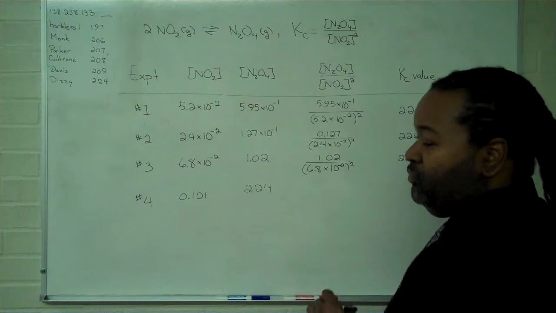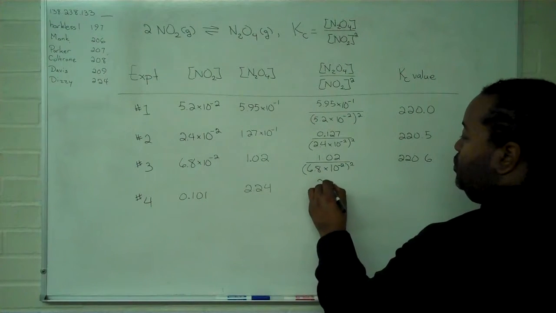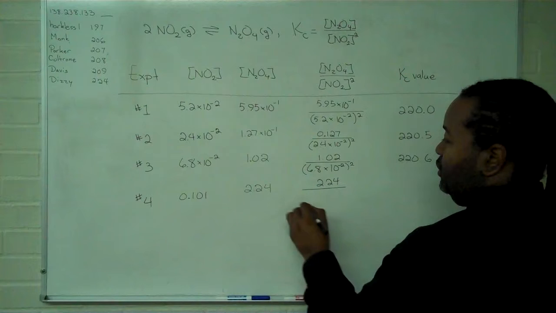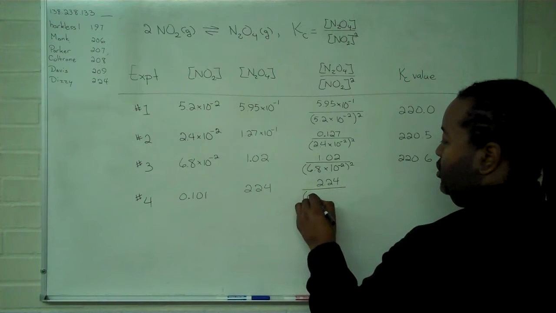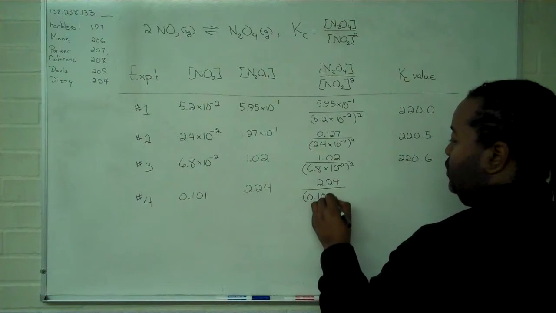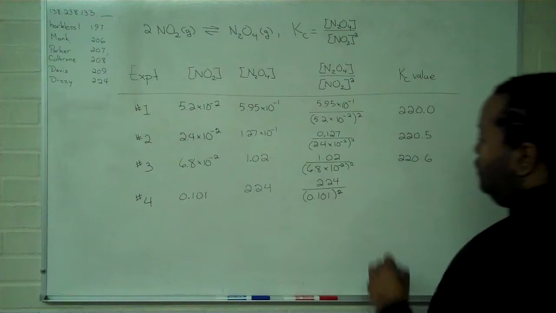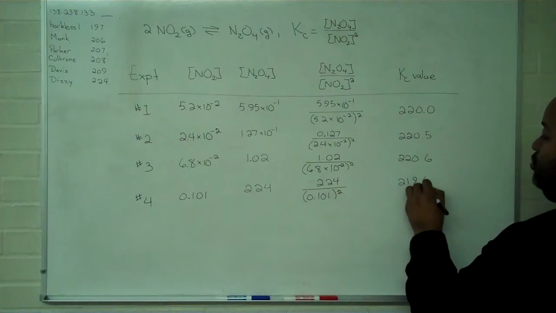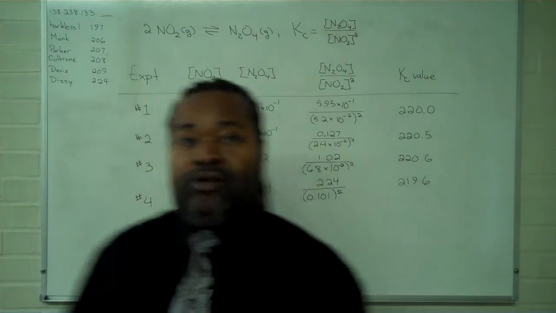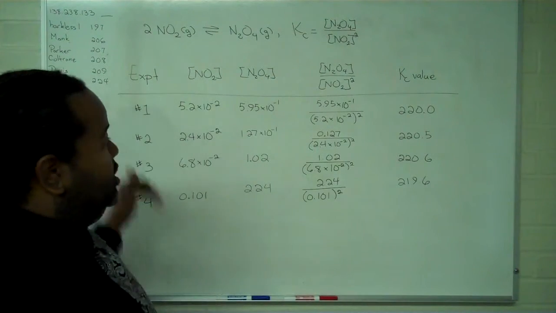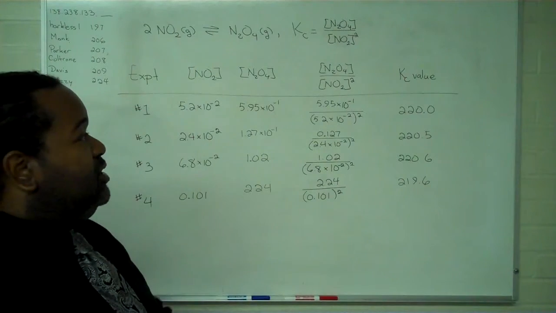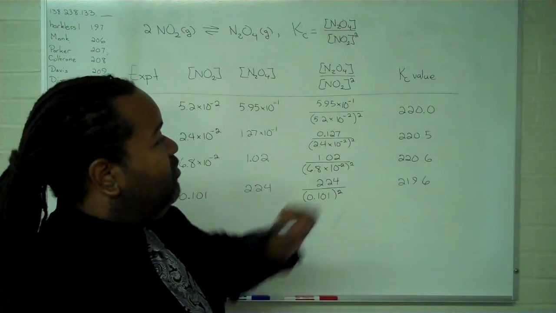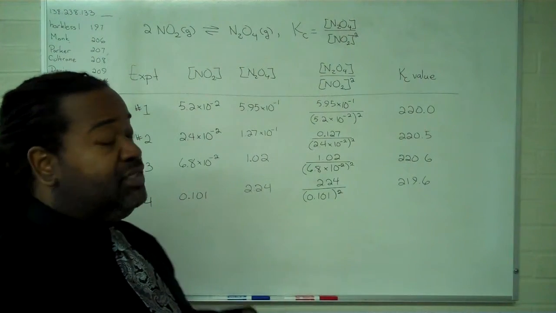220.6. Finally, 2.24 divided by 0.101 squared, and the value here comes out to 219.6. Now, based on this experimental data for concentrations at equilibrium, we've calculated values for the equilibrium constant for these